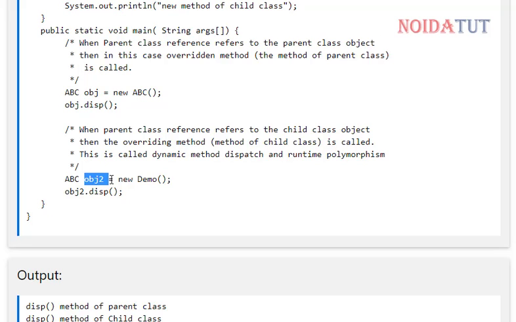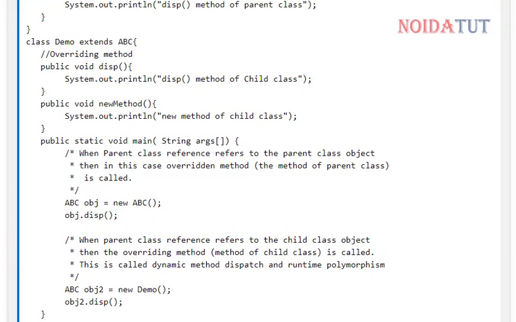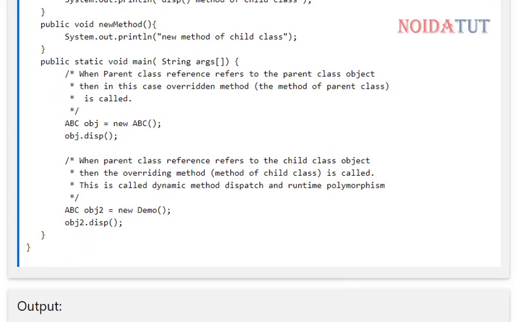In this we have the object obj2 of the class child class Demo. Now you can see that this is the parent class. The object is created for the Demo class and obj2 is being called, which will be referring to the child class.